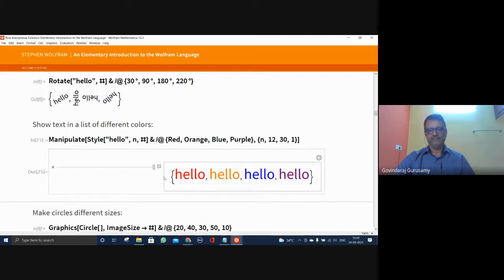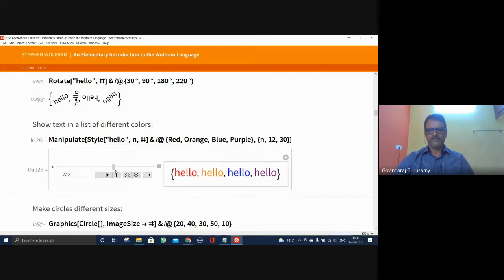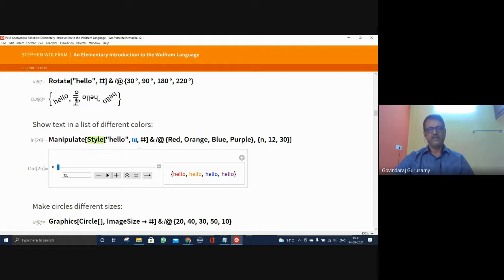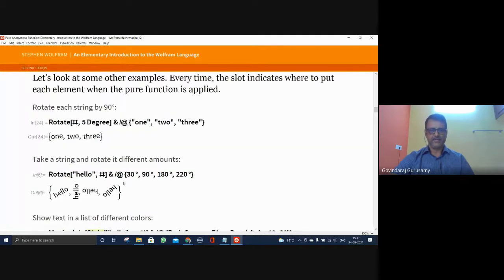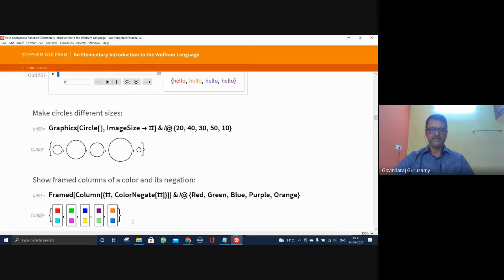By 1 unit of it. Of course, if you don't have it, any fraction is also taken into consideration. Let me try here to look at it. Up to 30. So now whatever is fixed here can also be variable on this so-called pure function. Here also I can change this. Instead of making a list, I'll put some variable here, and then I just make sure that it is rotating in a different angle. This also can be done.